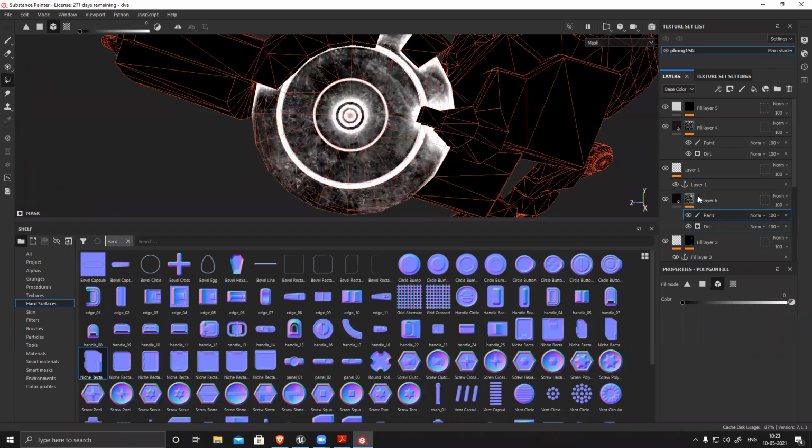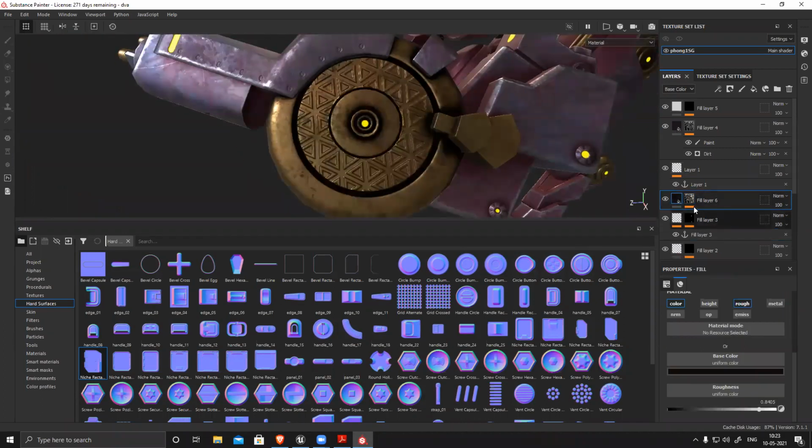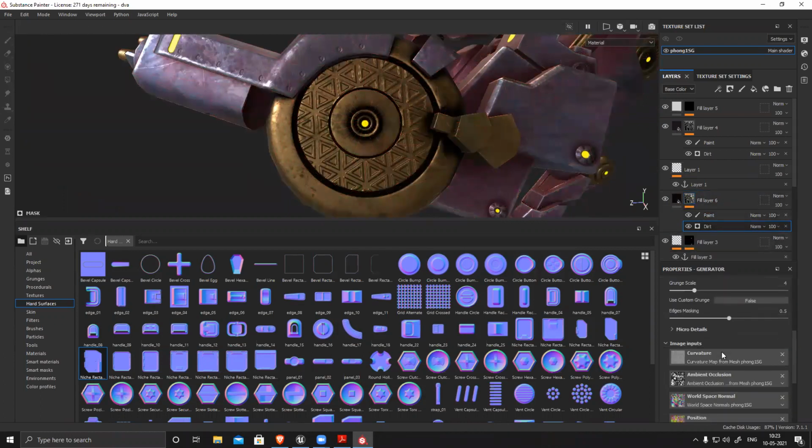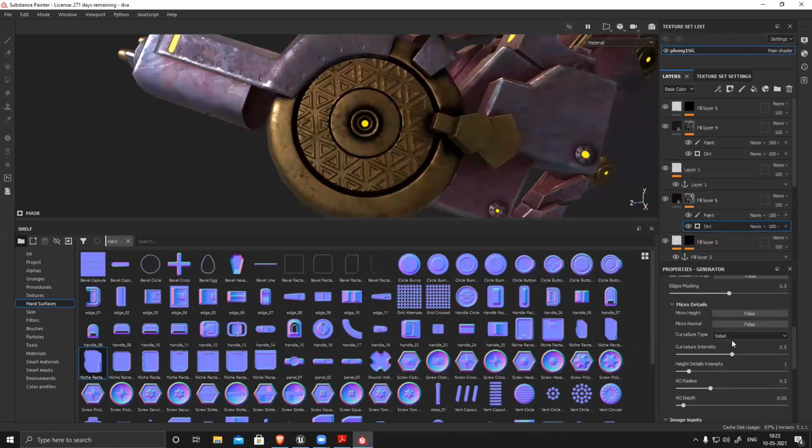Now you can see it's generating dirt, but it's not aligned with this surface design. So what I'll do is go to dirt, same process, micro details, same thing for height and normal. If you have used a height, choose height, or if you used a normal, choose normal.